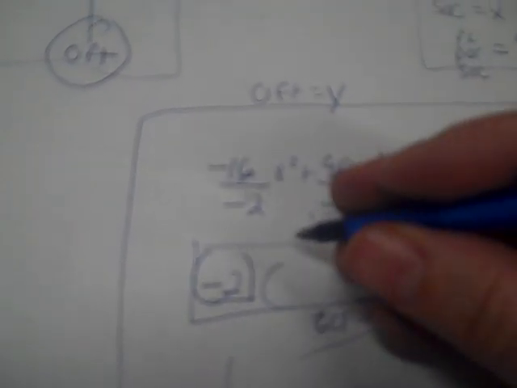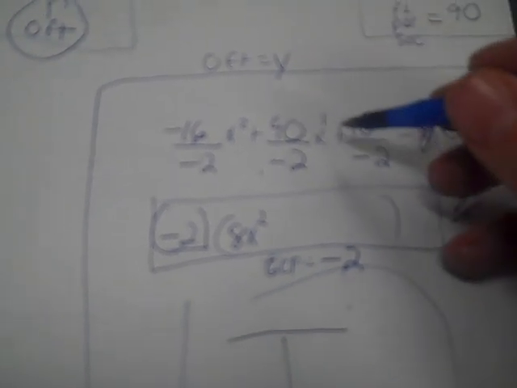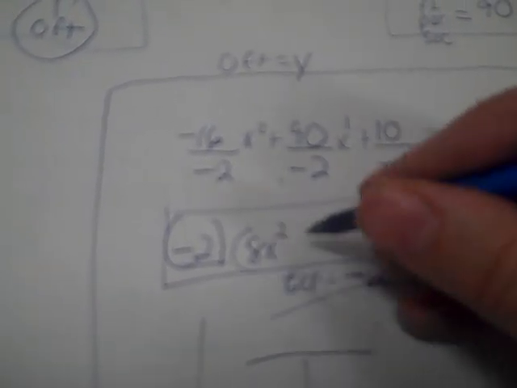Okay. So, negative divided by negative is positive. It would be 8. X to the second stays. Okay, leave the x's alone because you're not putting an x under the line, so you don't mess with the x's. You write them as they are. 90 divided by negative 2 is negative 45. X. If it's to the first, don't put that first there anymore. Then positive 10 divided by negative 2 is negative 5. Okay, oh, it says fail, so